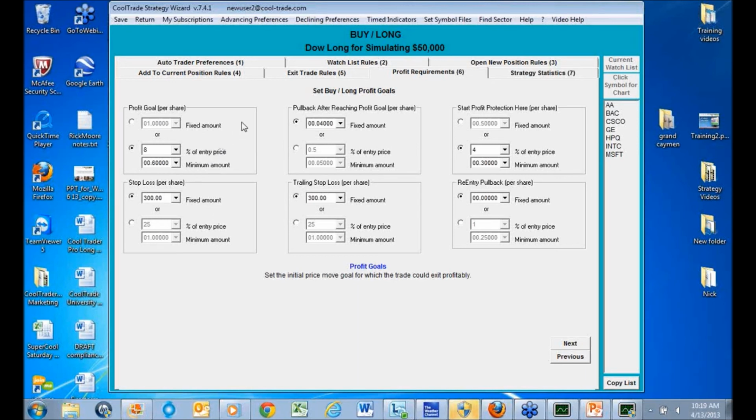It's going to ride through that profit goal, and it's going to wait for the stock to pull back. Once it pulls back 4 cents, then it's going to close out the position and take the profit. That way it's not leaving any money on the table. It's going to continue to ride up and wait for a pullback, then it'll close it out and take the profit. Okay? Now, really what I want to cover here is a lot of folks would like to work off of a fixed